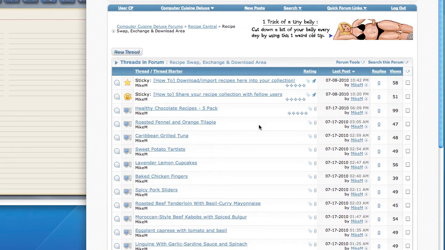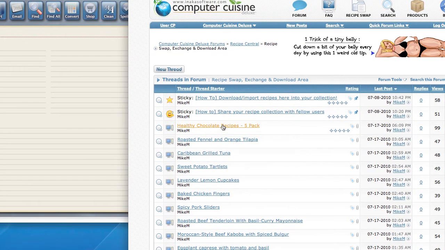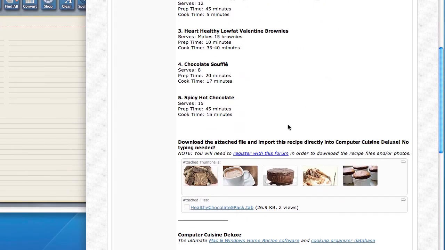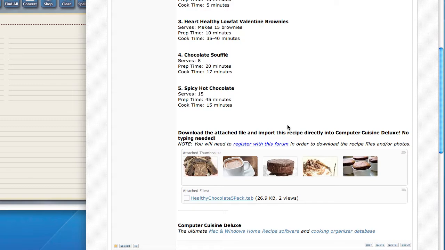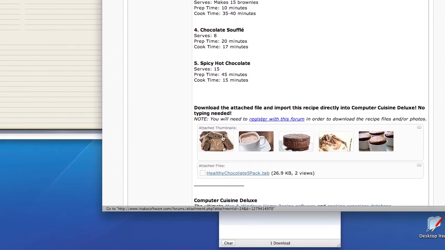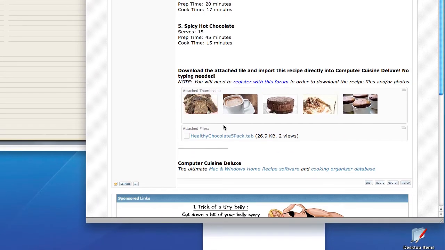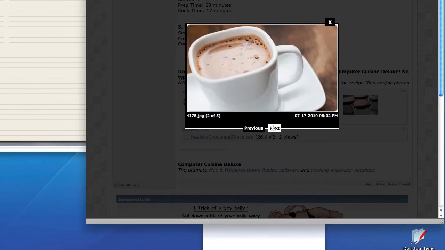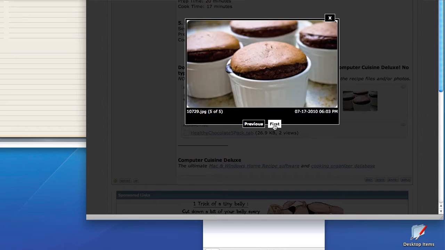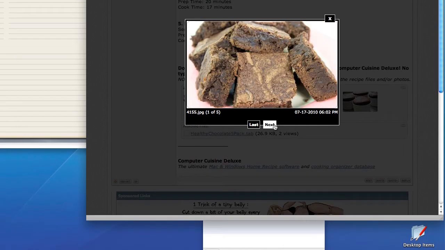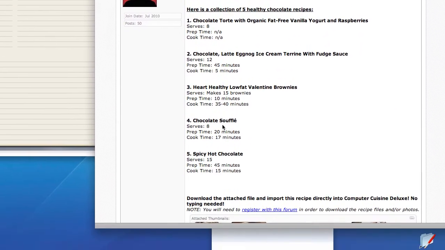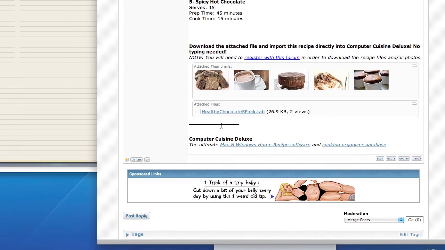If we go back to the web page and click on this Healthy Chocolate Recipe 5-pack, you can see these particular recipes were taken from Shape magazine. They could be from anywhere you find quality recipes online, but for this recipe swap area, that's where they were found. There are photographs of each recipe. You can click on them to enlarge, go to the next one, and see what you're going to be importing before you even go through the process, in case there's something you're not interested in, or you look at them and go, wow, I really want to try some of these recipes. This is just the basic summary of what each one entails, but here's where you download the recipe